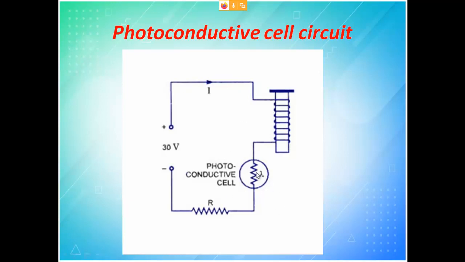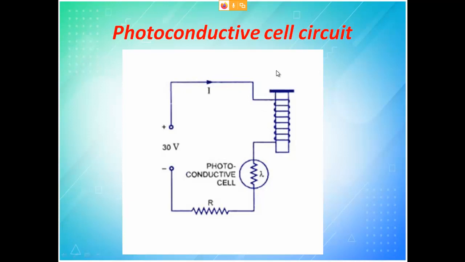if the resistance is more, then there is less current. If the resistance comes down, then the current will increase. So initially the resistance will be very high, so no current will flow and this coil cannot get excited. When you allow the light to fall, the resistance will come down, this coil will automatically get enough current, and it gets energized.